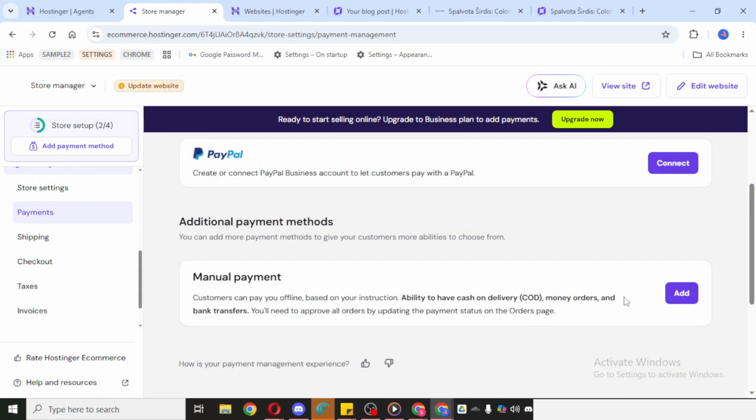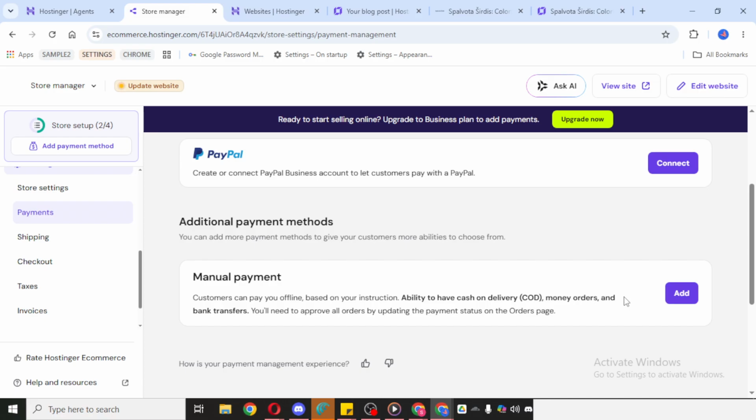This part is important because the information you enter here is what your customers will see when they choose this payment method. Make sure the payment name is clear and easy to understand. You should also include clear instructions so customers know exactly what to do after placing their order. For example, if they need to complete payment separately, your instructions should explain that process in a simple and direct way. Keep your wording short, clear, and professional, so there's no confusion at checkout.